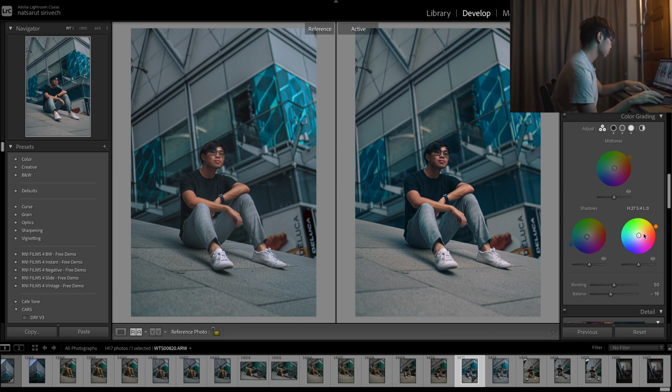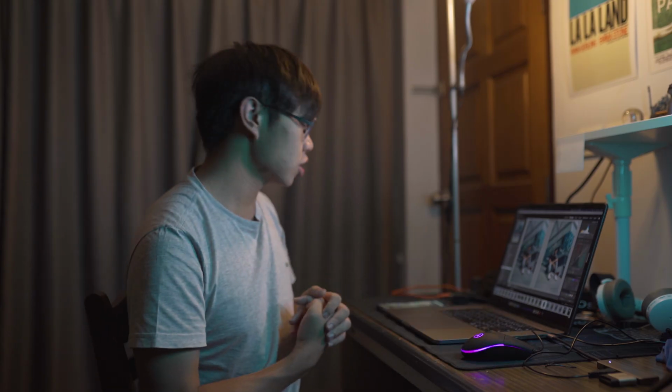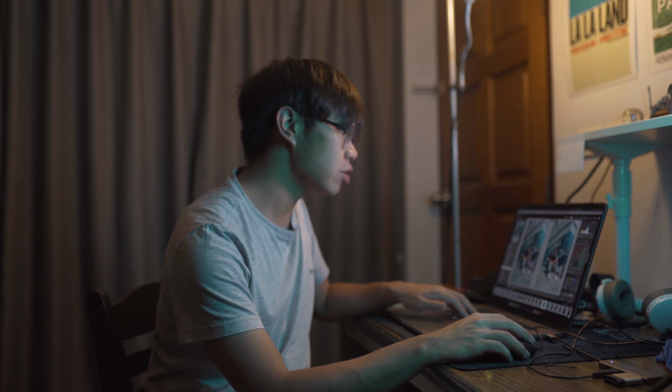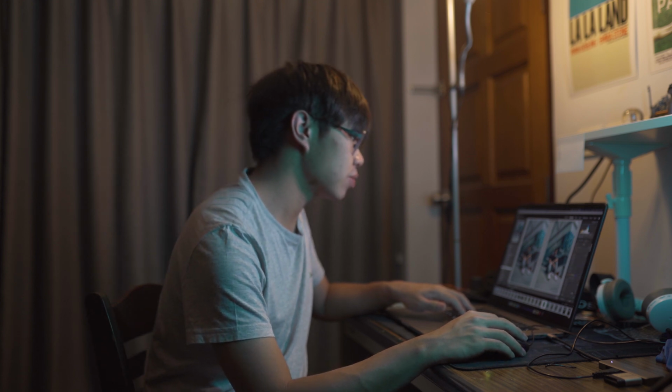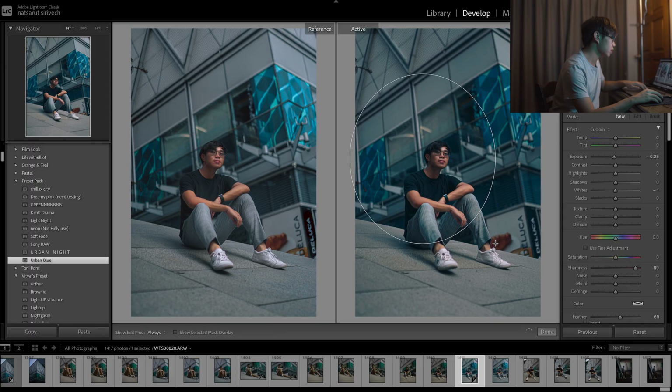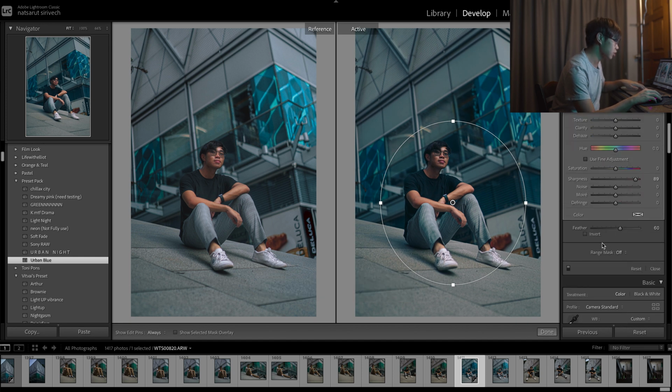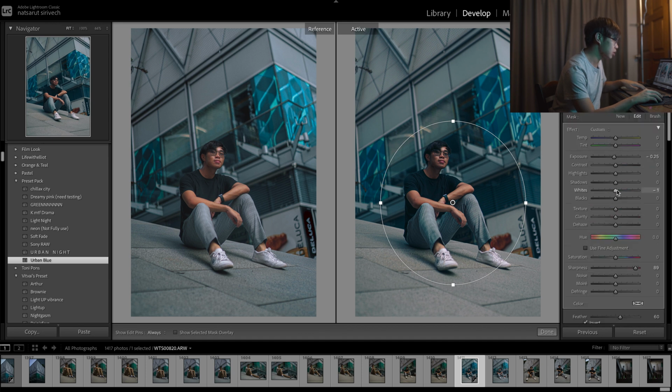Okay, and that's okay. So next up, I'm gonna go to the Radial Mask, and then I'm just gonna mask myself in the middle. I'm gonna invert the mask first of all, so it only affects what's inside the mask. I'm gonna pull up the shadow,